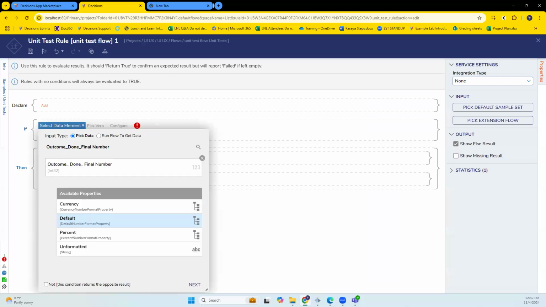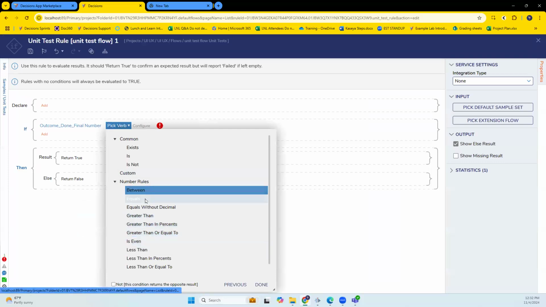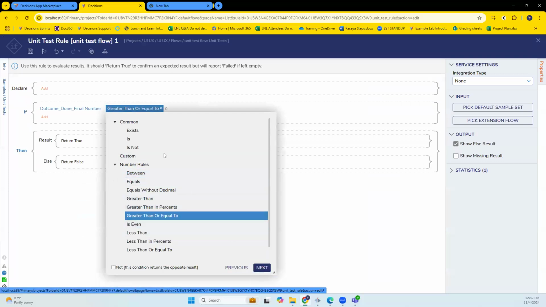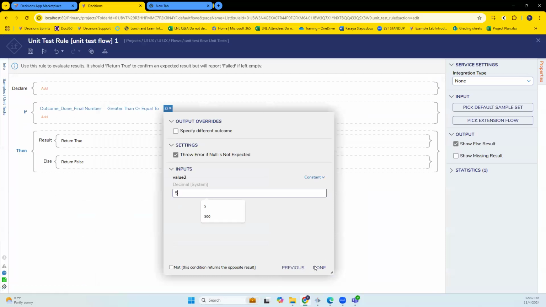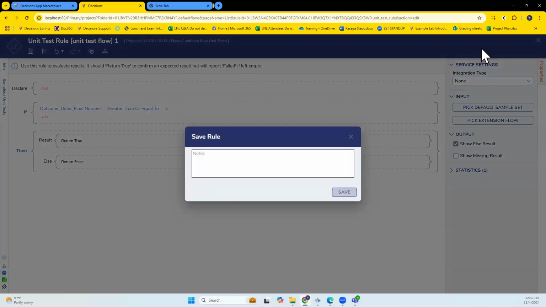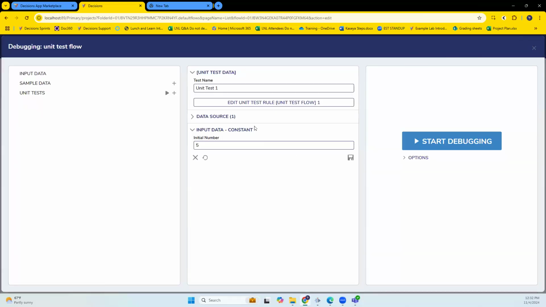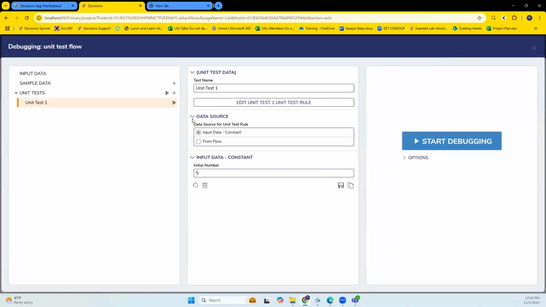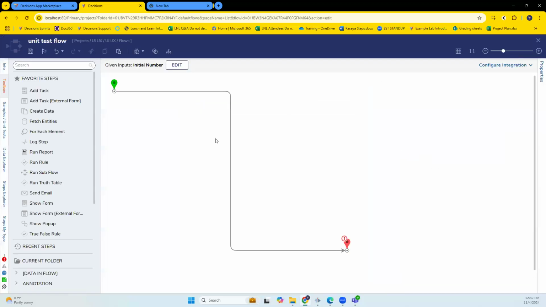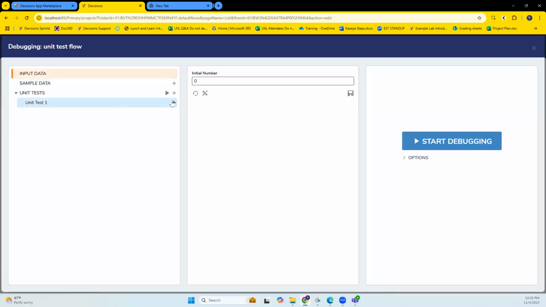Outcome, let's say outcome done, final number, we'll say greater than or equal to 5. So I know that I'm passing data into this flow with this fake. I'm going to save it real fast. And if I start debugging or I run that unit test from this way,